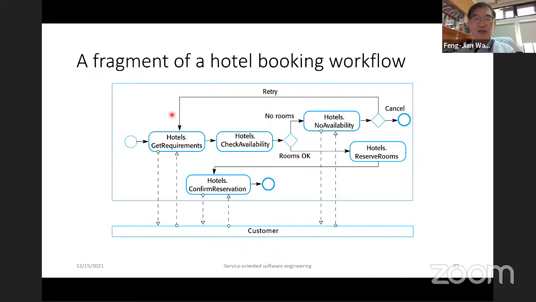From this point of view, if the corresponding party is a customer, this is the process inside the hotel, and this is the process for the human. So when this workflow is running, the consumer and the workflow inside the hotel are different processes, different tasks. Since they run turn by turn,